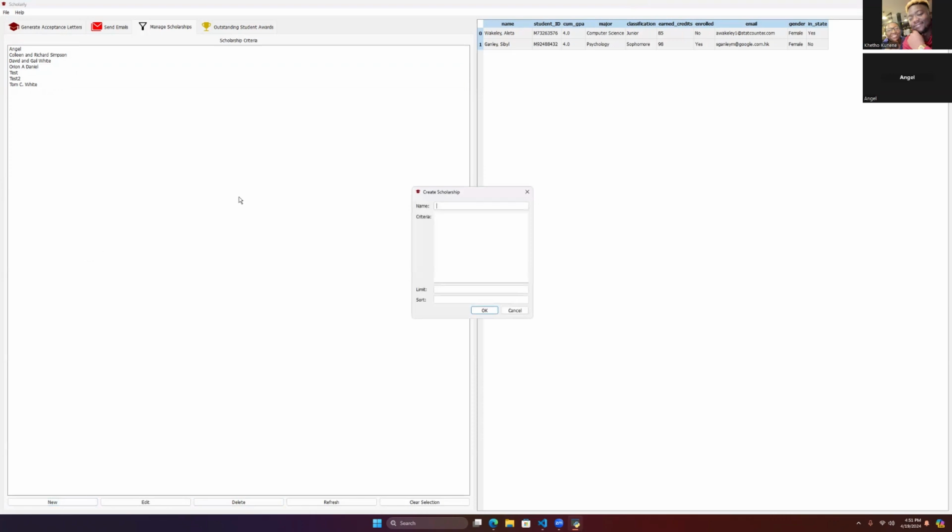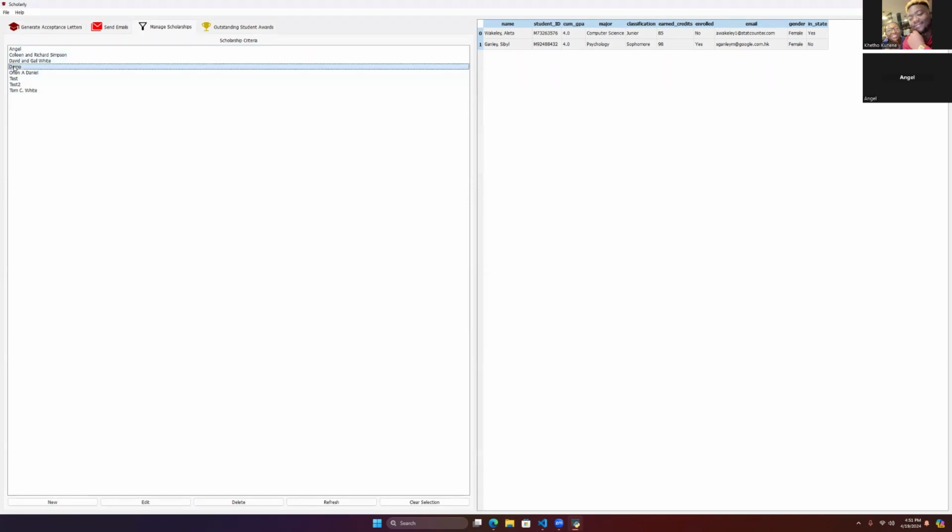When you create a new scholarship, which we'll rename Demo, if you do not specify the criteria, then default parameters are used. And you can see it reappears here in the list of scholarships. The user then has the ability to edit scholarship criteria,